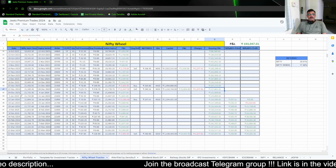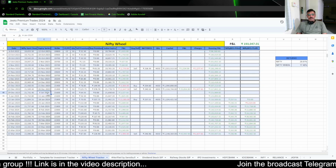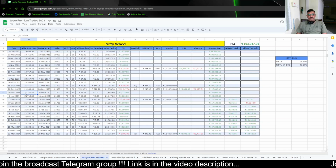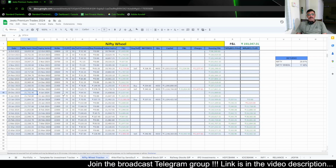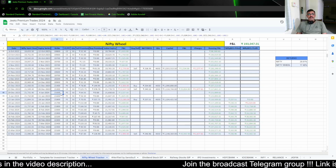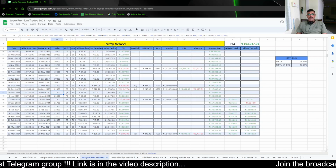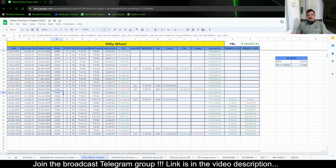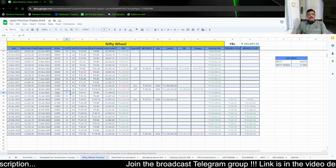Okay, so starting to take the trades in Jan 2024, the first one, the index was at 21,700. Since we don't have the underlying, as per wheel strategy step 1, we took the 21,600 PE. All these formulas are there, and I explained this last time. The formulas could be simpler, but I have just put what I know. So this formula, the figure comes from